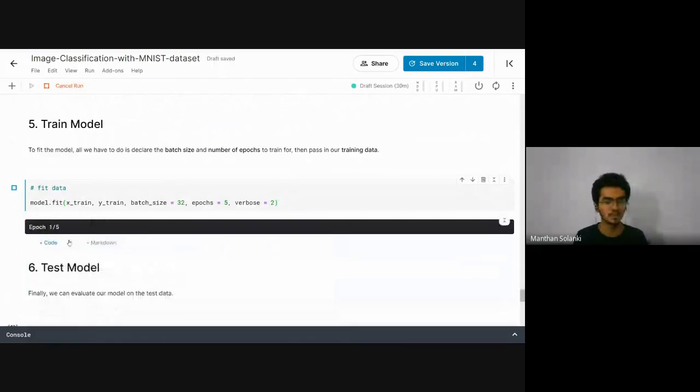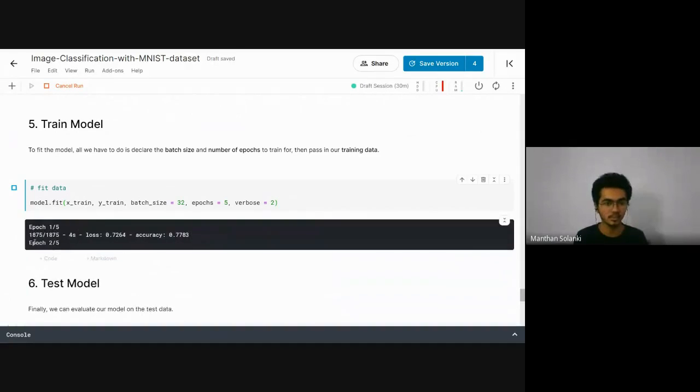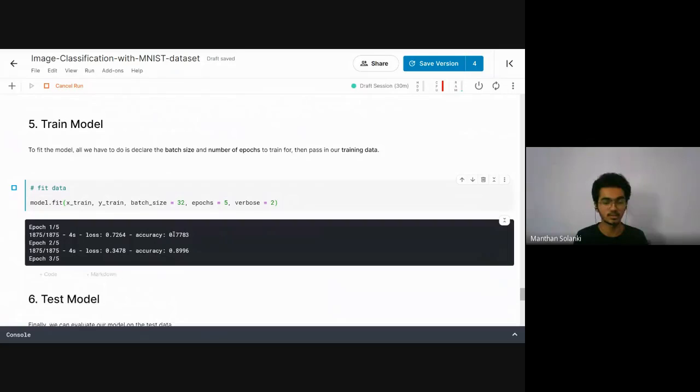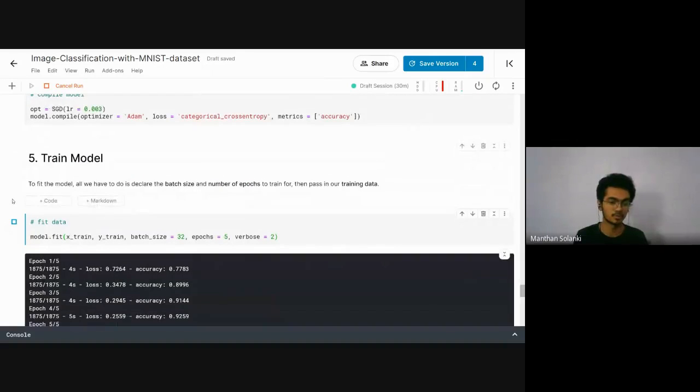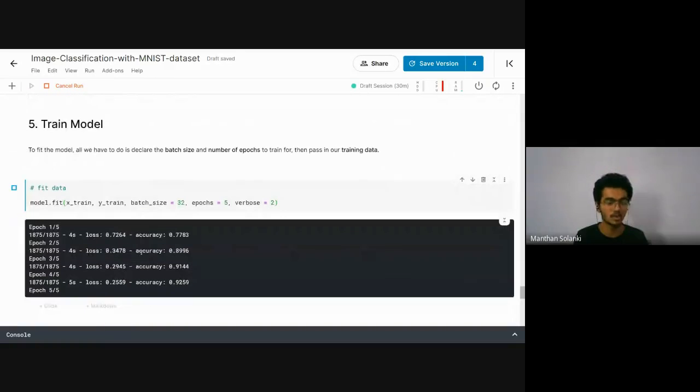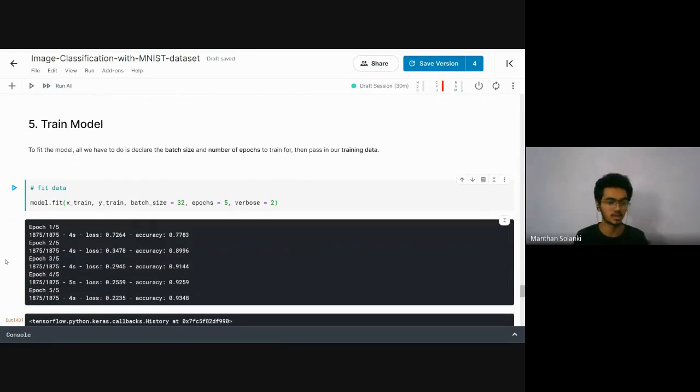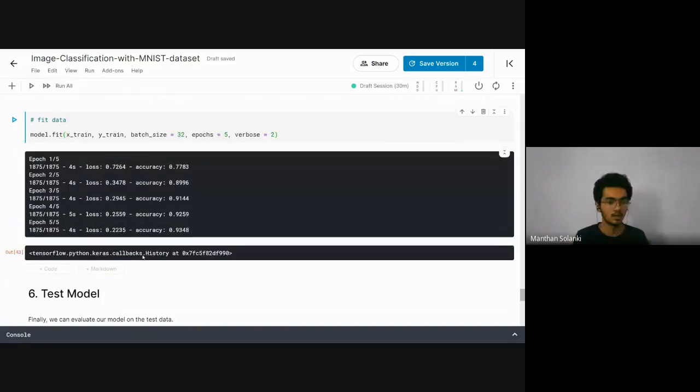So you can see that the pattern will be different. This time the pattern is different. You can say the accuracy is really high because we changed the optimizer algorithm. So the optimizer algorithm works well for this particular model. This is how you need to try, test and improve your model.